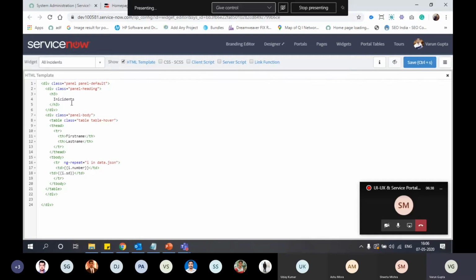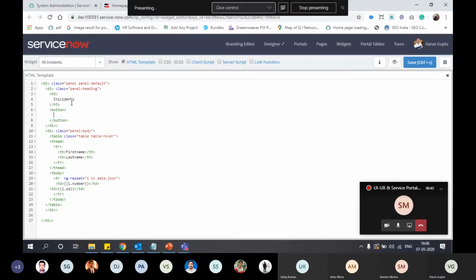In panel heading, we use this variable C as a controller. We can also use $scope for the same functionality.